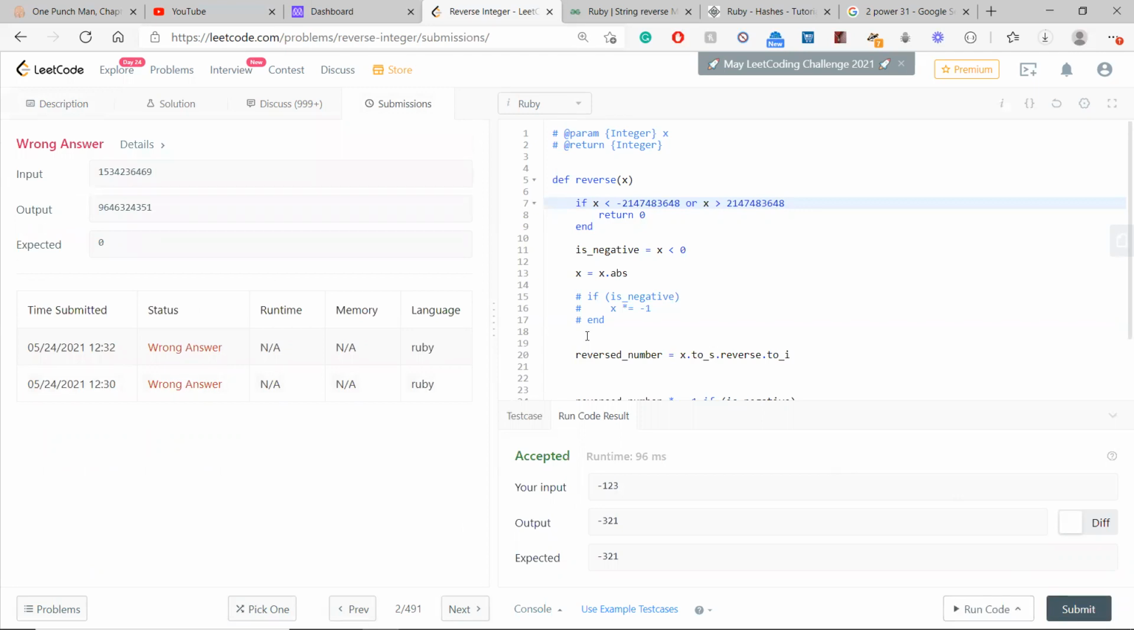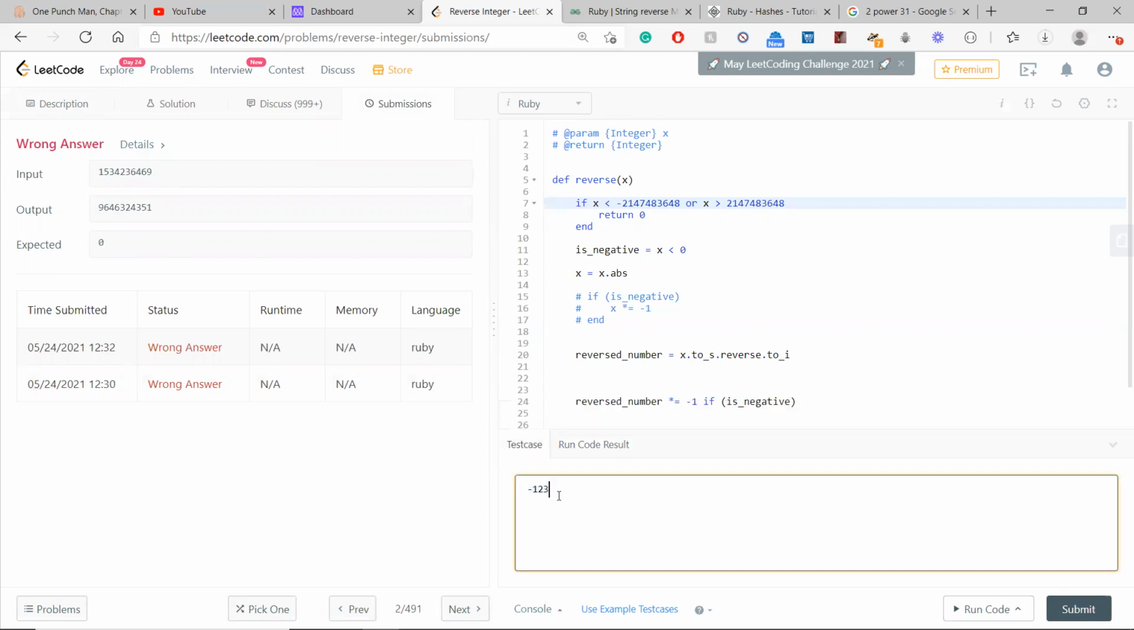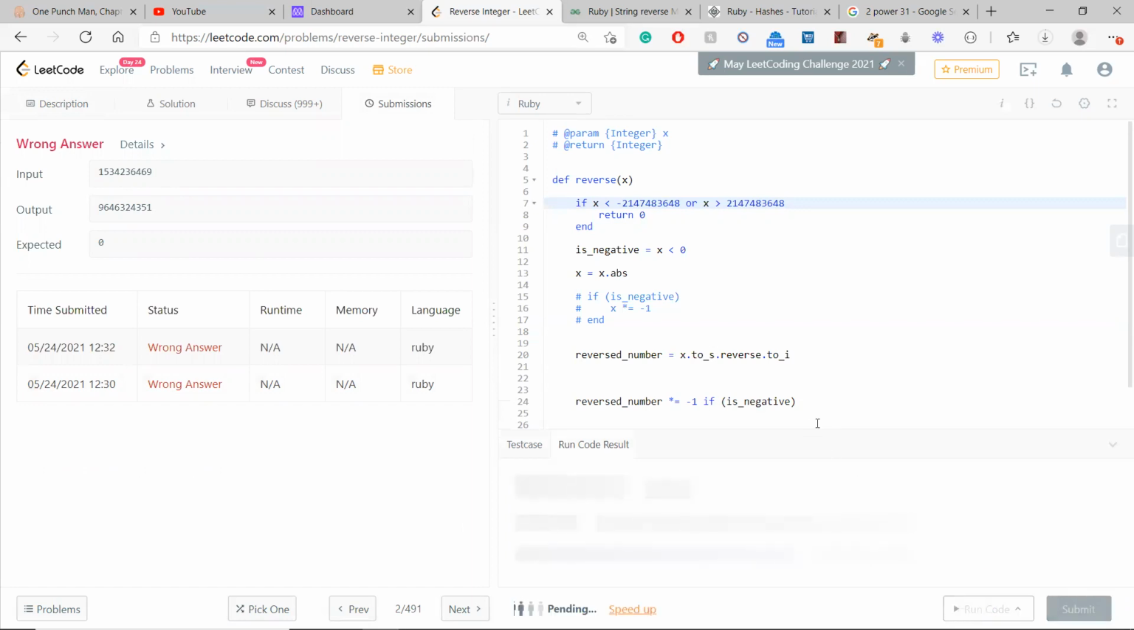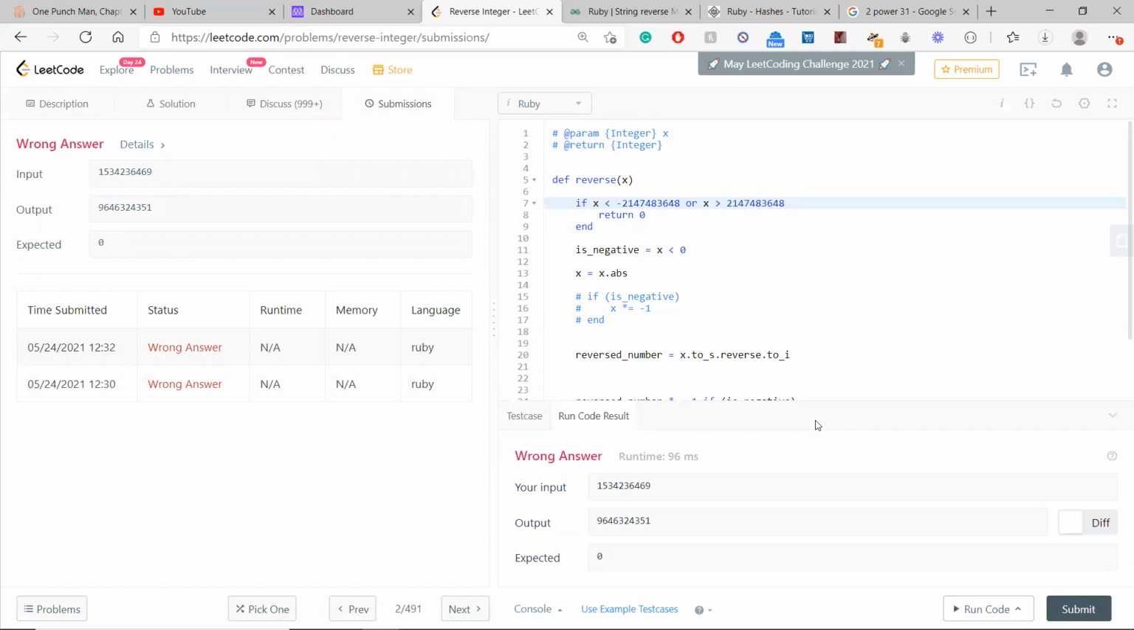Wrong answer for some reason. Okay, let's just take this and run it as a test case. So it's not outputting as we expected. So if x is greater than that, check it out. I think the input falls within those constraints, but the output doesn't, and we're only checking if the input falls between those two numbers. Wait a second, sorry Scott, this is a million, a billion, eh? So this is,